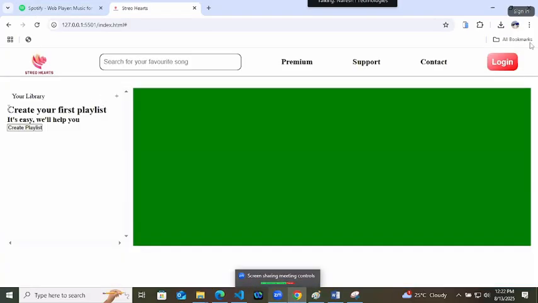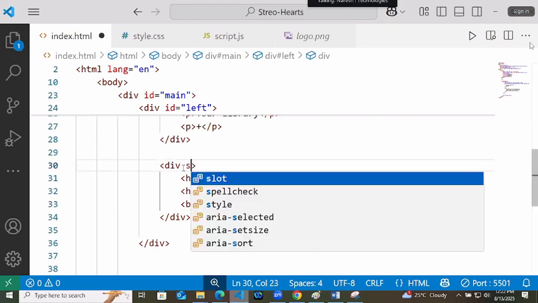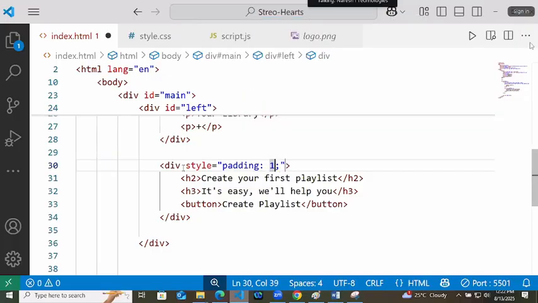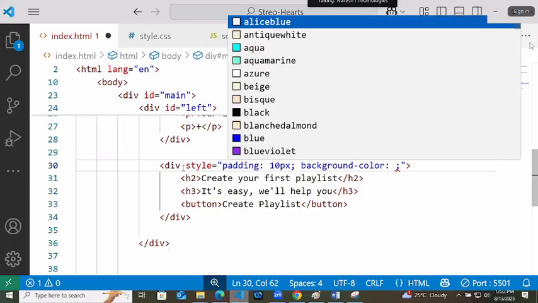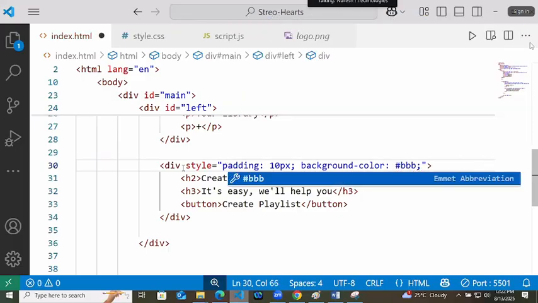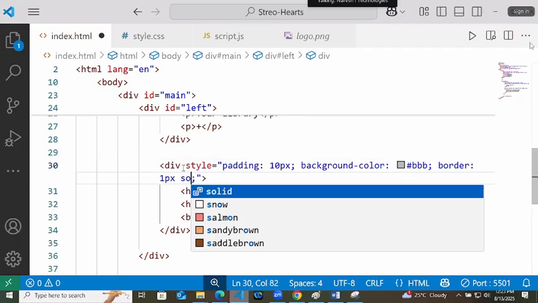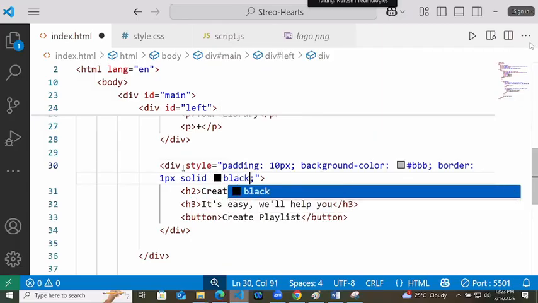So here we are getting these things like this. To this div, I will write the style. At first, this div has a padding of 10 pixel. Second, this div has a background color of this. Then it has a border of 1 pixel solid black.